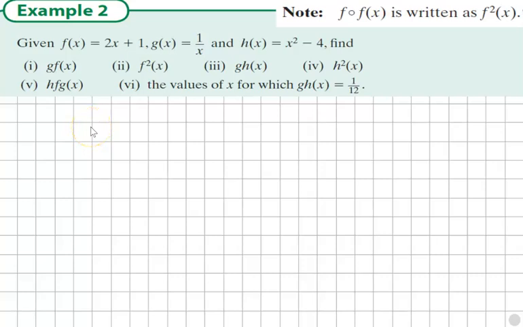Composition of functions, part 2. Given f of x is equal to 2x plus 1, g of x is equal to 1 over x, and h of x is equal to x squared minus 4, find g after f of x, f squared x, which means f after f of x, so substituting function f into itself, g after h of x, h squared x, which is basically h after h of x, so that would be the function h substituted into itself,